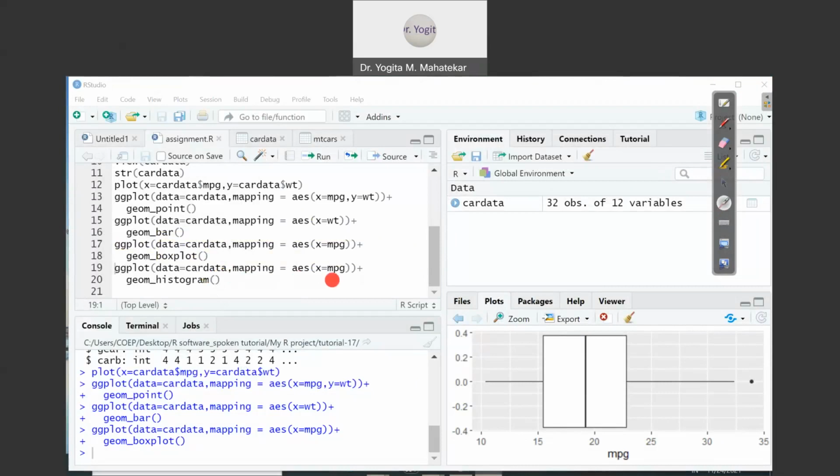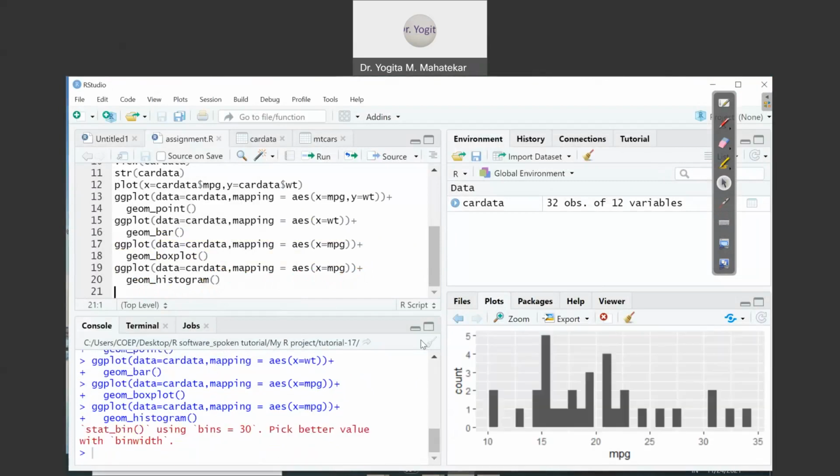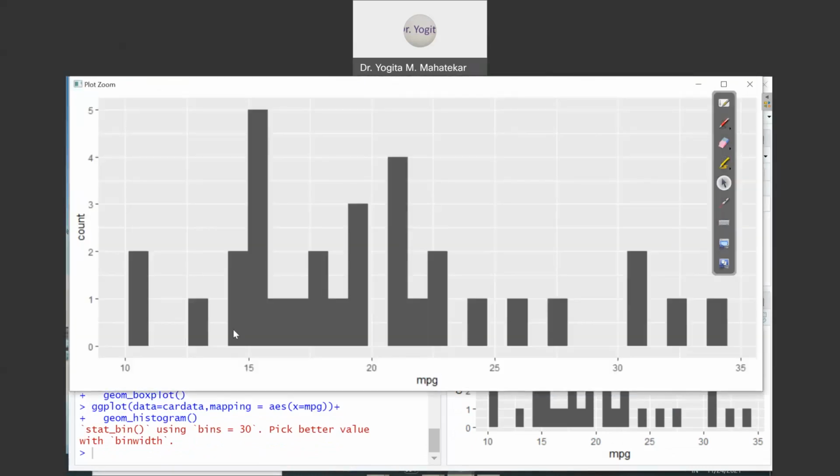Mapping is aesthetic for the variable MPG plus geom underscore histogram. This will draw a histogram using the ggplot2 package. So let's compile line number 19, Control Enter. Now I have the histogram of MPG appearing in the files and plot window. Let's zoom it out. So the histogram looks like this.